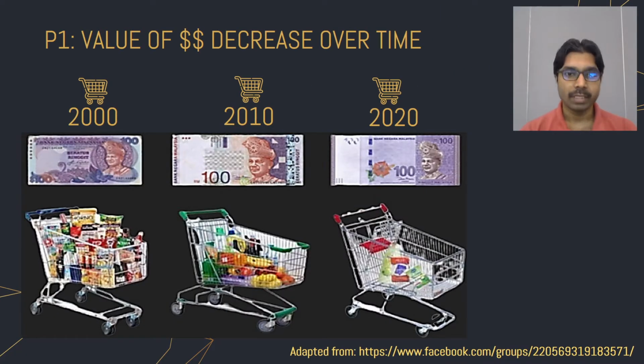For some of you who might not know what I mean by inflation, if you look at the picture over here, this briefly tells you what I mean by inflation. For instance, the picture on the left shows how many items we can buy using 100 ringgit in the year 2000. In the year 2000 with 100 ringgit, you can get X number of items, and you can see that across time, though the 100 ringgit is still there, it is not translatable into the same number of items that we can buy. So this means that the value of our money is decreasing over time. This is the first problem that I'm sure everybody can relate to.